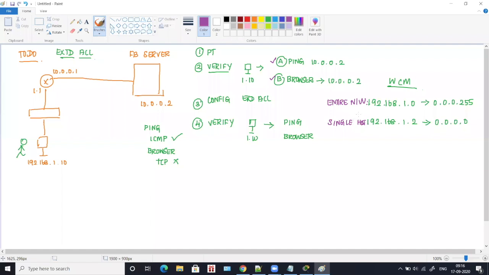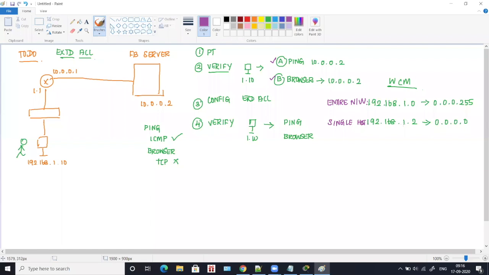But for ACL alone, the wildcard mask changes: for an entire network ID it is 0.0.0.255, and for a single computer it is 0.0.0.0. I'll tell you where to use this. We'll see where to use this wildcard mask in extended ACL.